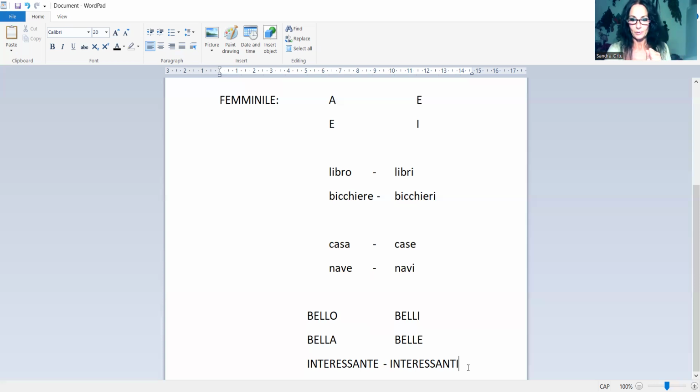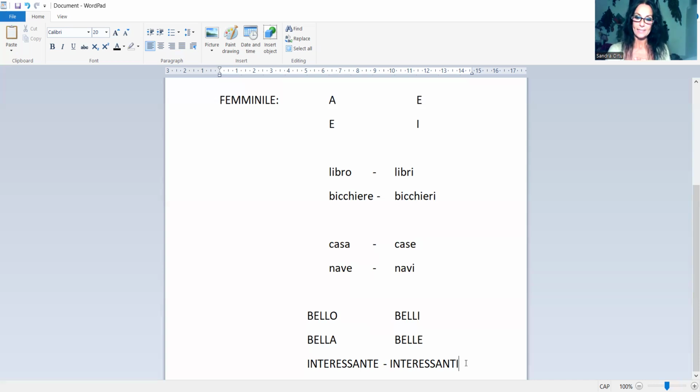So, for example, if we have case, feminine, plural, interessanti, you should not think, but this ends in e and this one ends in i, so they don't match. They don't need to match aesthetically. They need to match grammatically. Case, plural. Interessanti, plural. They go together.